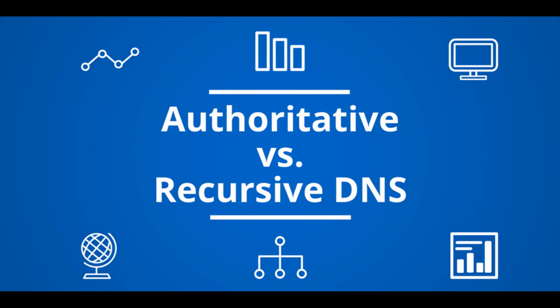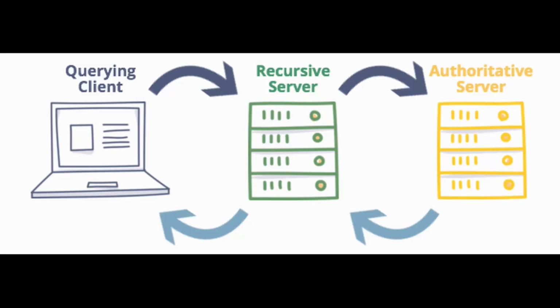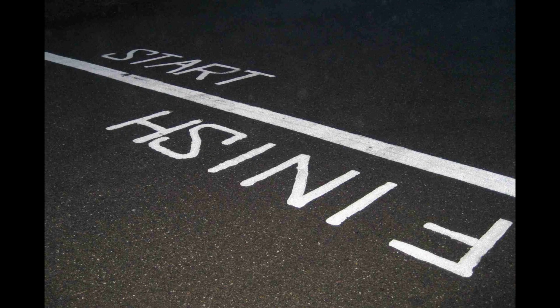Now let's talk about the difference between authoritative DNS and a recursive resolver. Both concepts refer to servers or groups of servers that are integral to the DNS infrastructure, but each performs a different role and lives in a different location inside the pipeline of the DNS query. One way to think about the difference is that the recursive resolver is at the beginning of the DNS query and the authoritative name server is at the end of the DNS query.